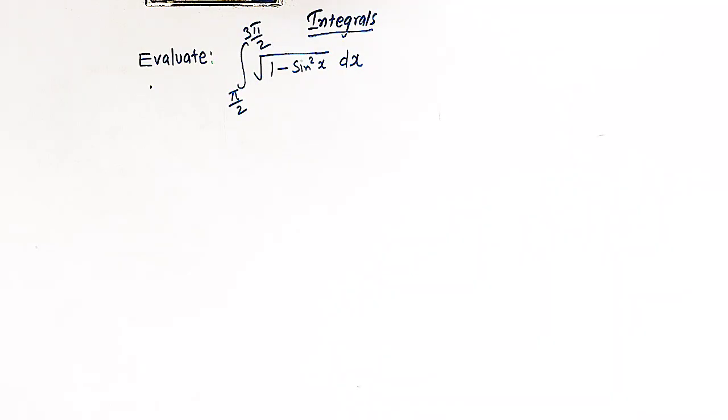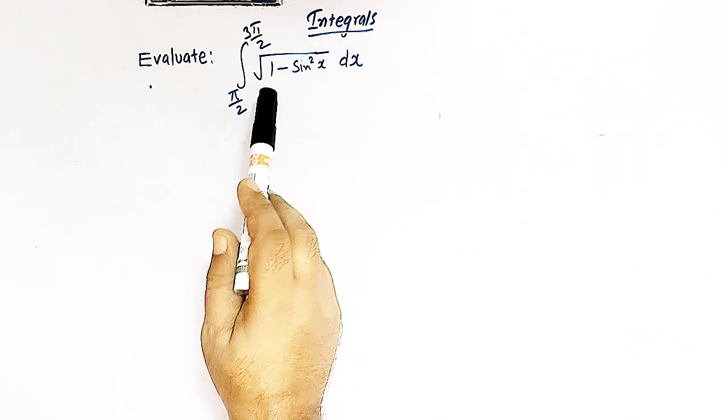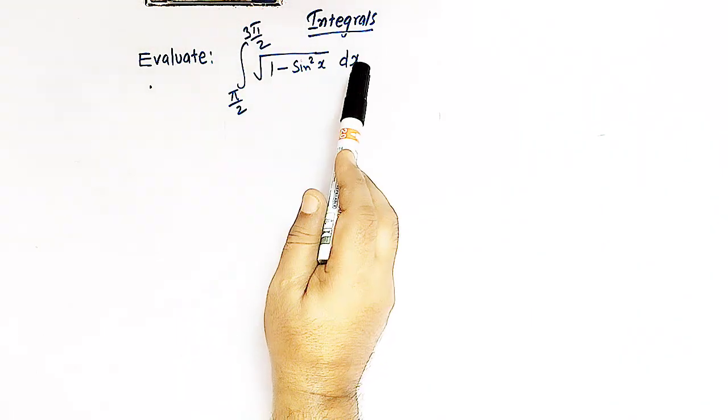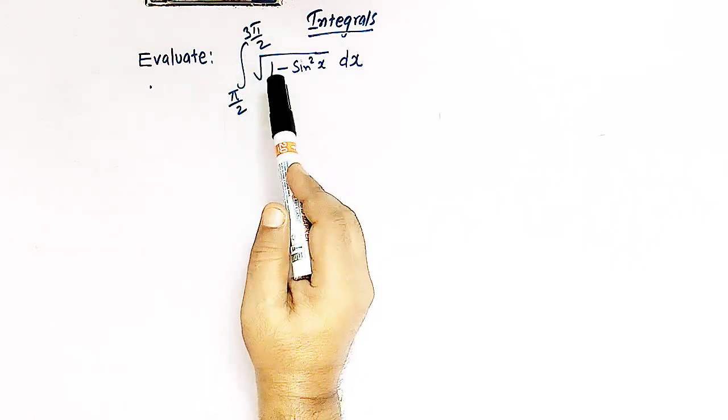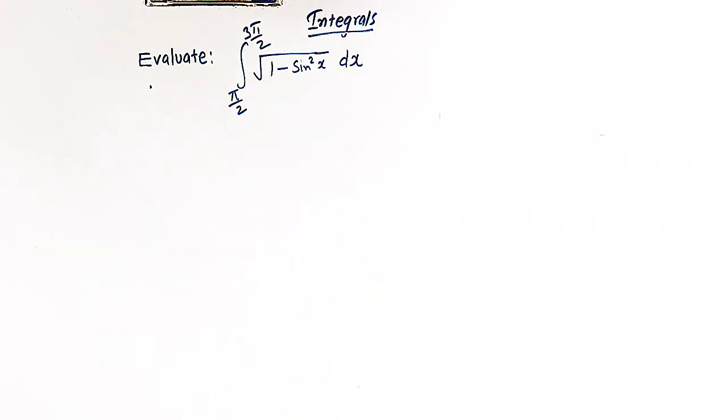Hello viewers, in today's session we are going to discuss another important and conceptual problem from definite integrals. In this session we are going to discuss this integral, in which we have to evaluate this definite integral from pi by 2 to 3 pi by 2, and our integrand is the square root of 1 minus sine square x, right? So this integral is going to be a very interesting integral because here we are going to